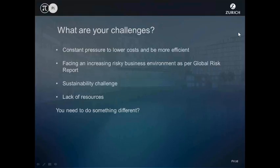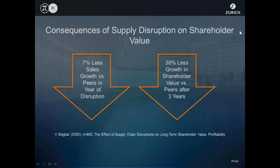And you may say, well, do I care in that sense? What do supply chain disruptions mean for me? The first thing to say is your CEOs probably have as one of their most common KPIs delivering to the customer on time. And supply chain disruption clearly impacts on that. And then, what are the consequences if you have a supply chain disruption? As you can see in these slides here,